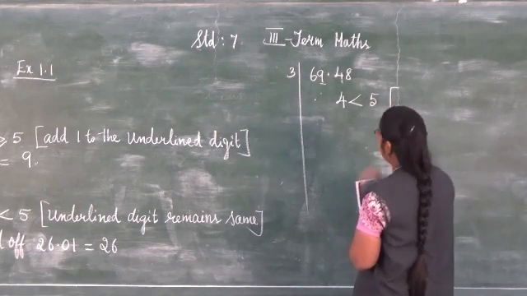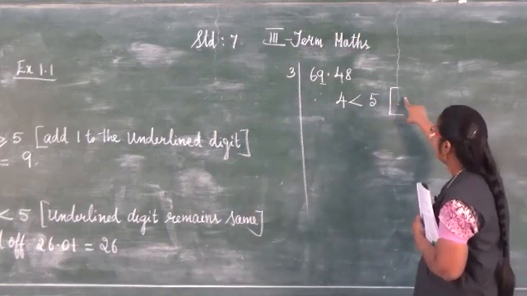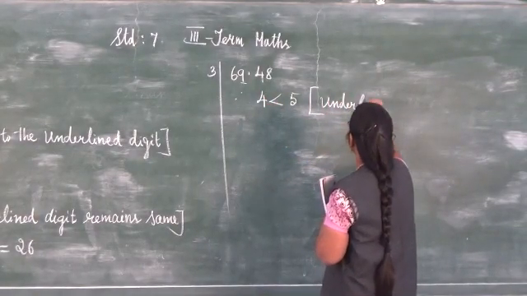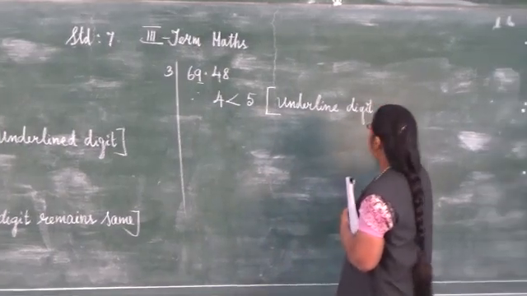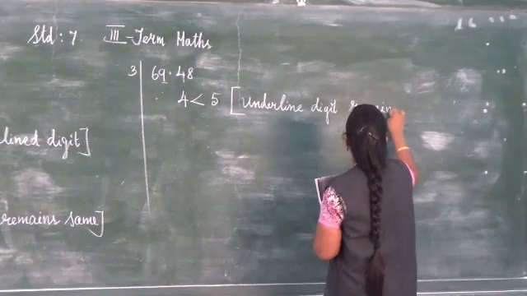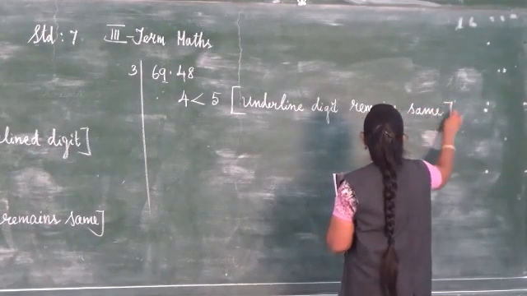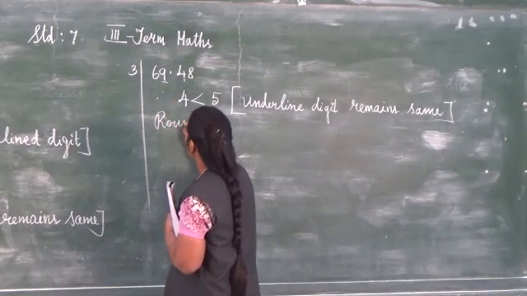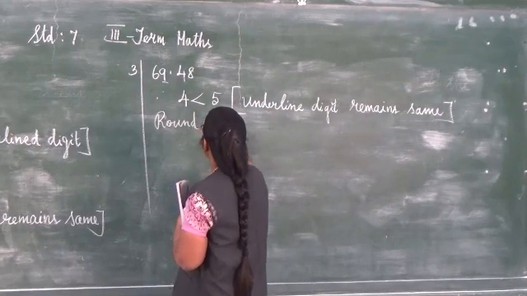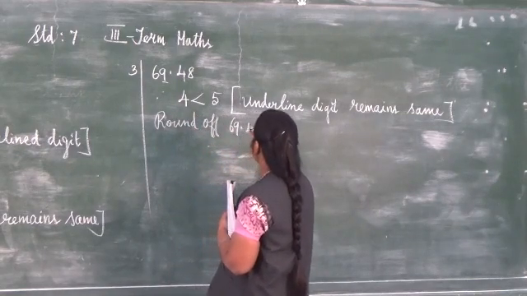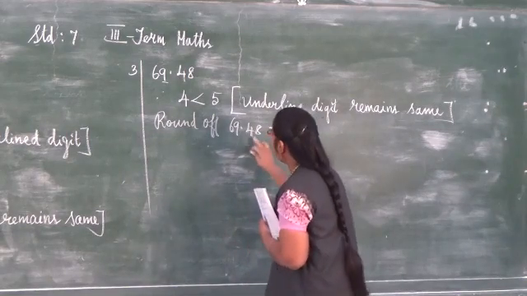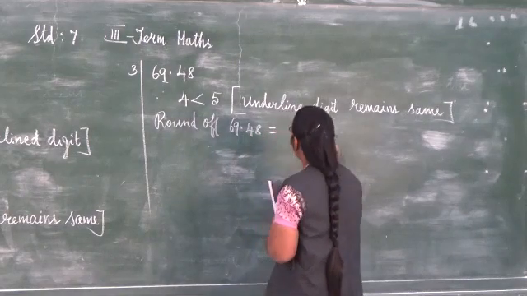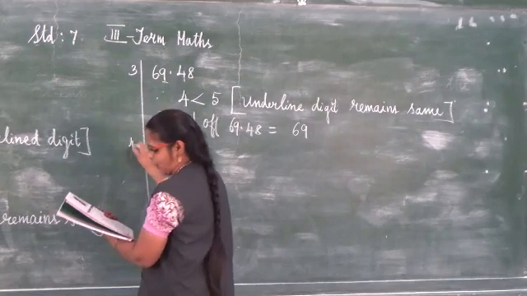If 4 is less than 5, what happens? The underlined digit remains the same. So what do you write? Round off 69.48 is equal to 69. We have to leave the remaining digits after the decimal point, whatever they are. So next, the fourth problem,